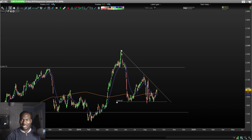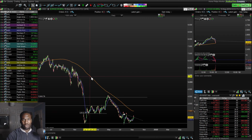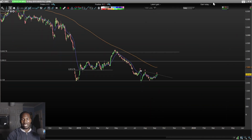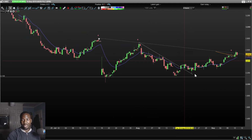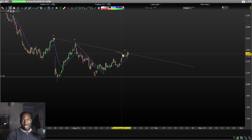Next one is Asos. Asos is climbing, but it's found a little bit of resistance here. So I made this dotted resistance line. This line's been hit twice. It's slightly broken out through this line, but I want to see an emphatic breakout through the line. So it's peaked over this line now, and the 180 simple moving average just looks like it's coming under price on the 4-hour chart. But I just like to see it rise a little bit more,